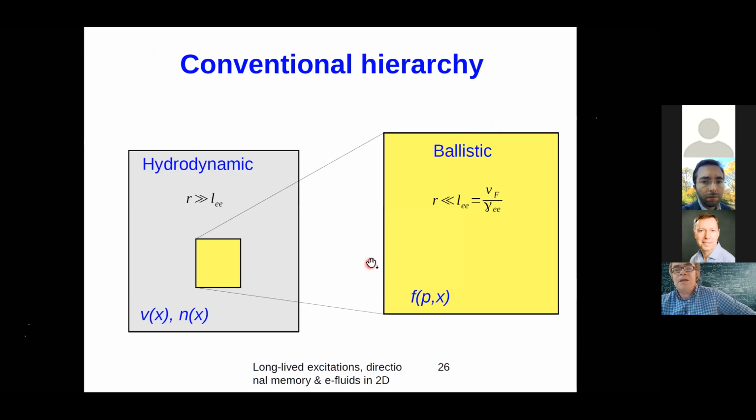Namely, there will be odd parity harmonics that will relax very slowly, and they will generate a quasi one-dimensional behavior that I will explain a couple of slides down, and that quasi one-dimensional behavior will generate angular memory, strong angular memory in the system,